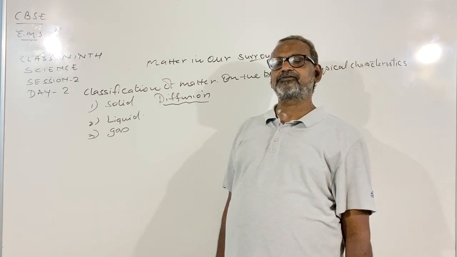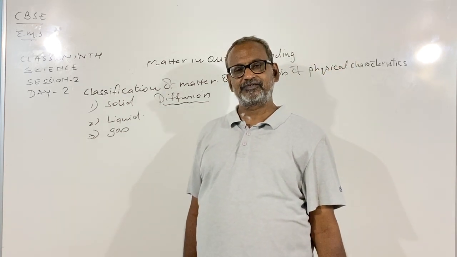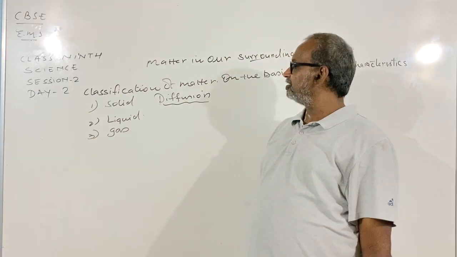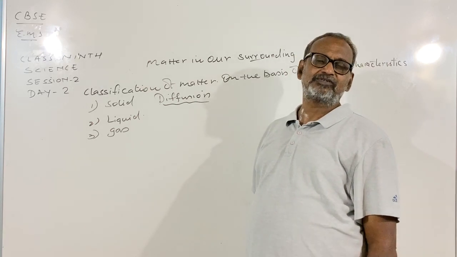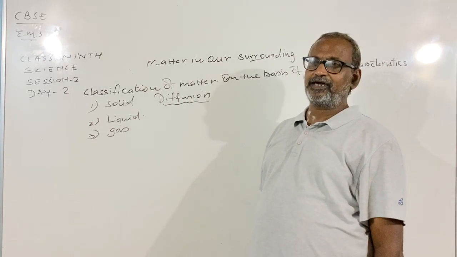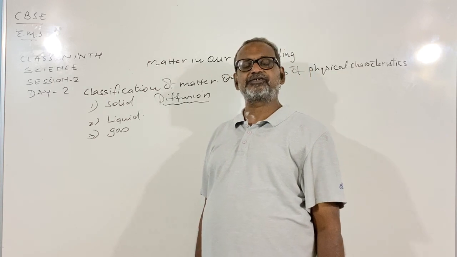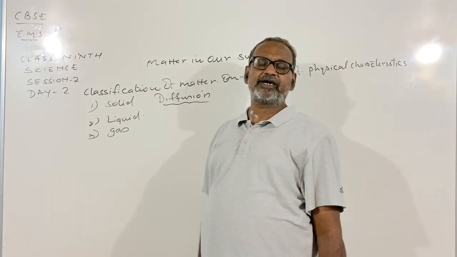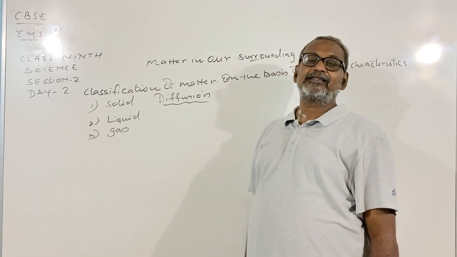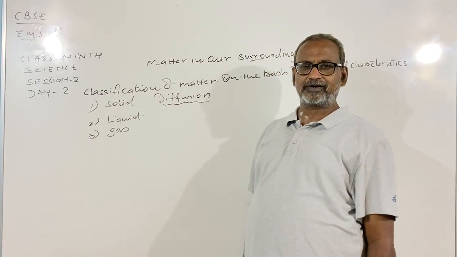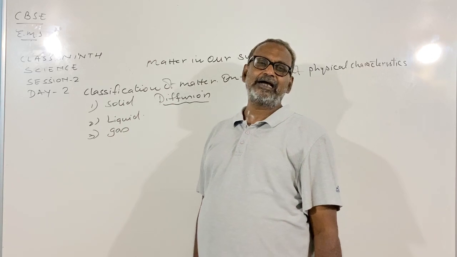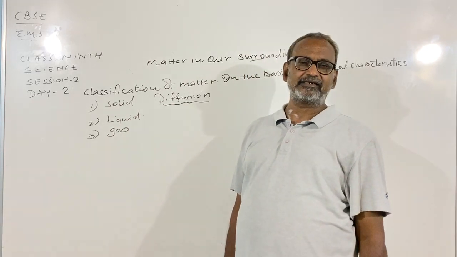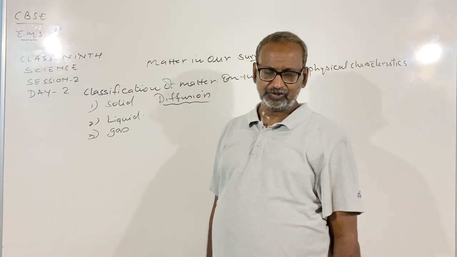अगर खाना गर्म हो तो उसकी खुशबू दूर तक पहुंच जाती है, लेकिन ठंडे खाने की सुगंध दूर तक नहीं पहुंचती। क्यों? क्योंकि जब खाना गर्म होता है तो पार्टिकल्स जो होते हैं they are at higher temperature and they have more kinetic energy, and therefore they diffuse rapidly as compared to the particles which are at low temperature.